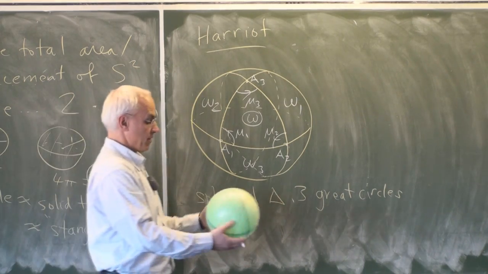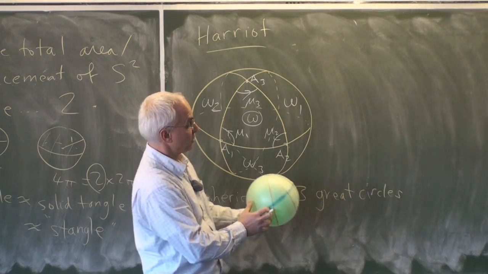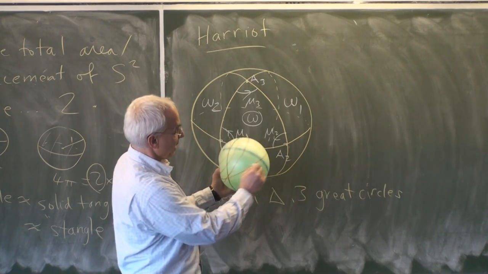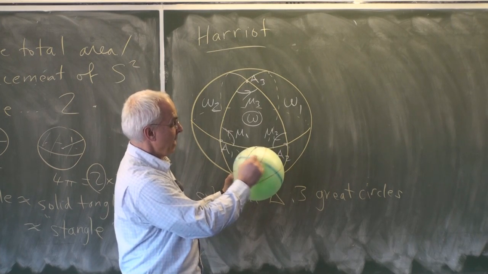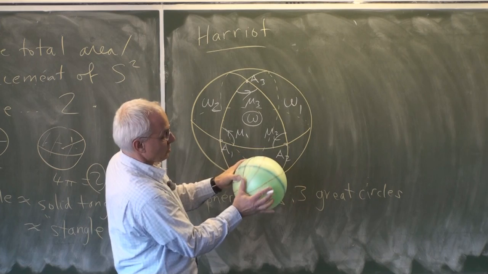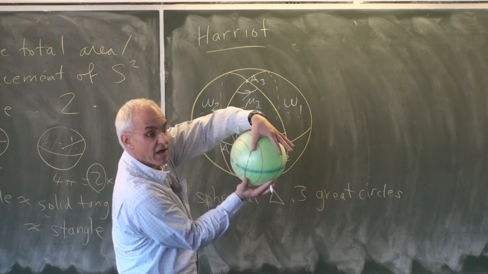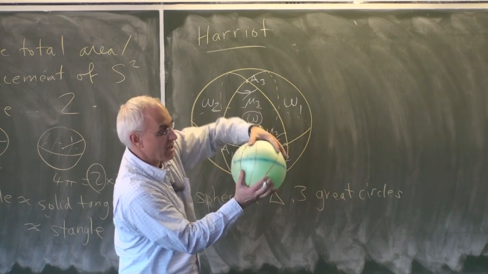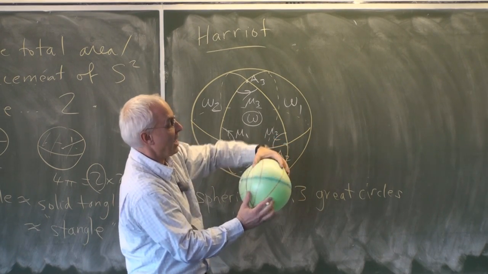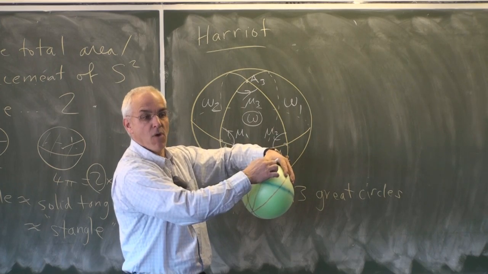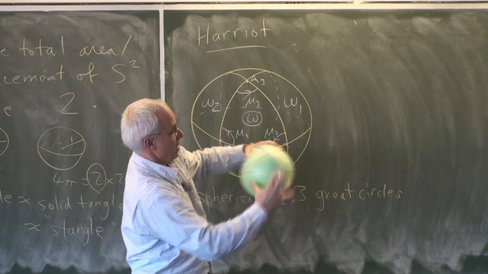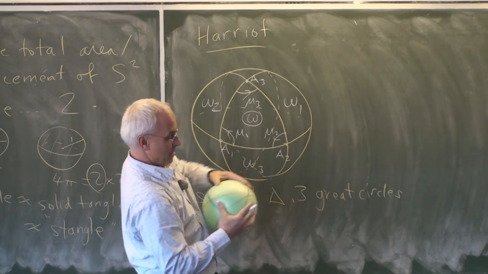Okay, so this is a rather convoluted picture here. Maybe I'll use this one here. I don't know if you can see it, but here's roughly a spherical triangle. What I mean by these other pieces is, let's say you look at just these two sides right there. They form a wedge like this, and that wedge is cut into two pieces by that other side of the triangle. So the other side of that wedge we're going to call W1 or omega 1. And there's one on this side, and there's one on this side, and there's one on this side.